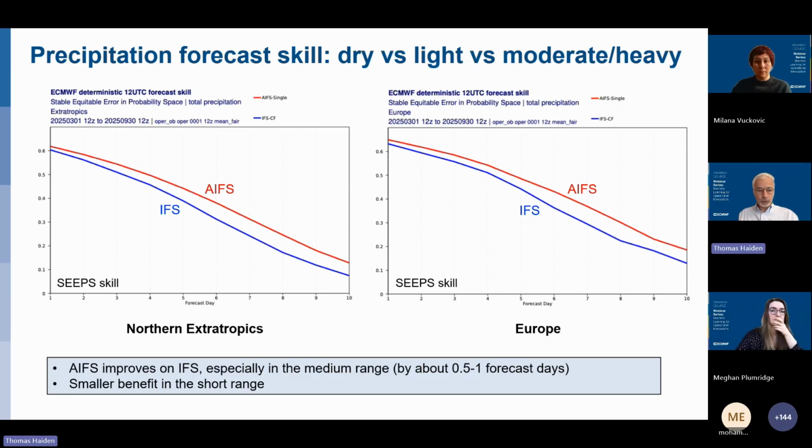So in the very short range, there's not too much gain in this metric, but as we go out towards day 10, the gain becomes bigger. So this verifies the overall characteristics of the precipitation forecast over all cases.